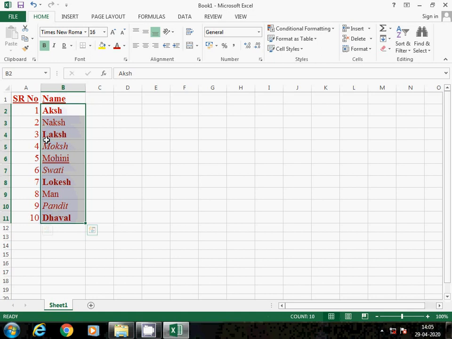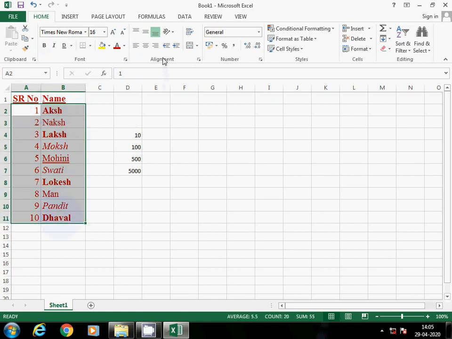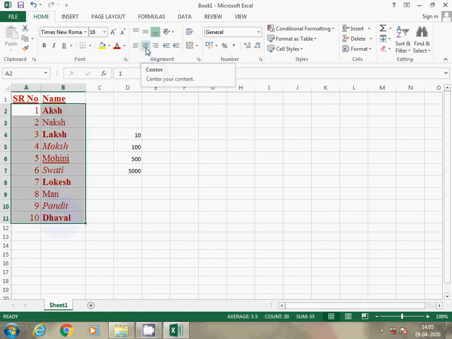So when you type the numbers, you may observe these are going right to left only, because we are reading numbers from right to left, that's why it is right alignment. And text, simply we are writing from left to right, so that's why it is left to right. If you want to change this, then you can apply alignment from this option. Alignment, I want to place them in center.